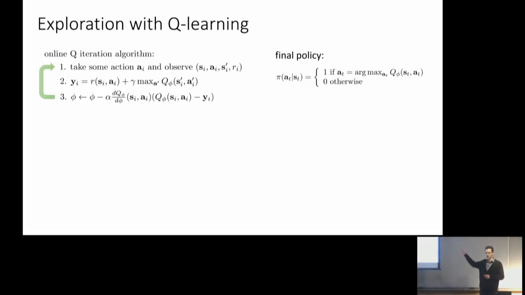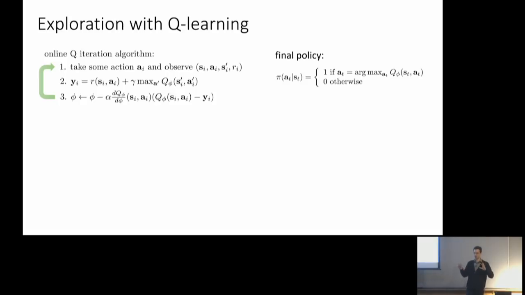Can someone tell me why this is not a good idea? Why might we not want to use this policy in step 1? It needs to explore? Can someone tell me what that means? Like you want to make your policies in such a way that you haven't explored states enough, so you want to maybe explore other spaces that your policy doesn't cover. Right. There was another suggestion back there? Yeah, so it's deterministic, just like each time you're just going to do the same thing. Right.